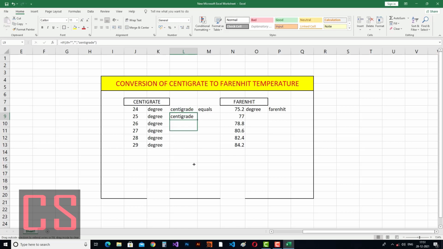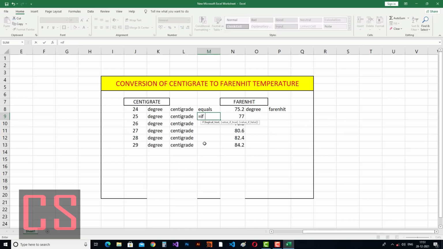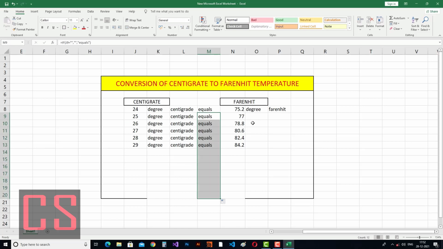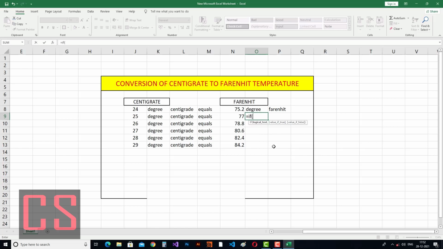The same goes for here: equals if this is equal to nothing, then output is nothing, else output is the equals sign. Again, equals if this equals nothing, then output will be nothing, else output will be degree.